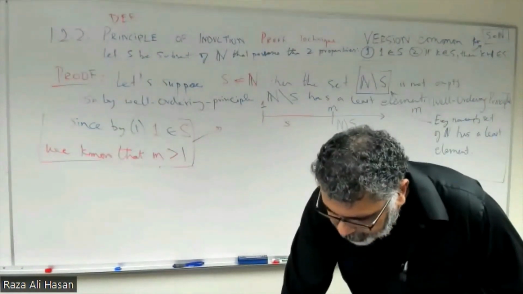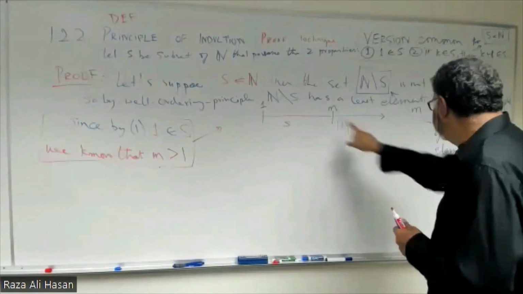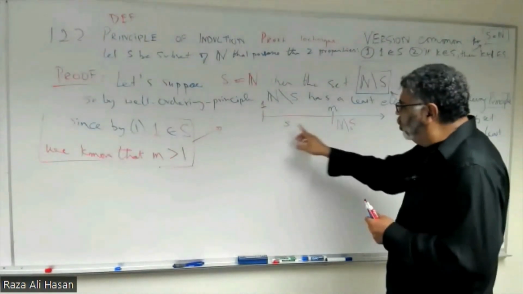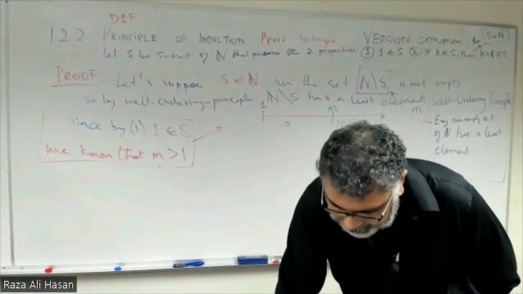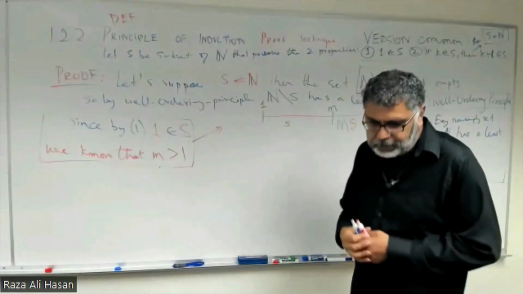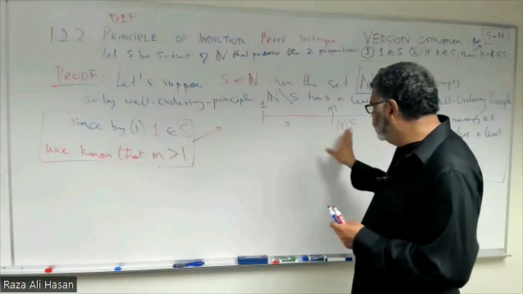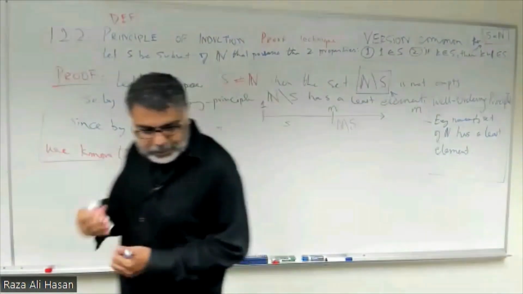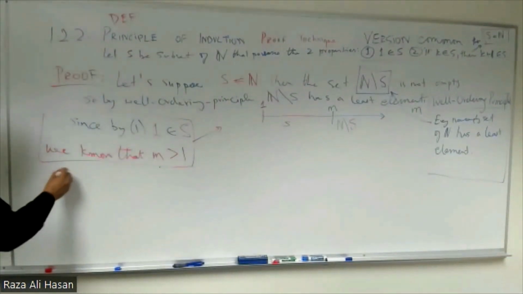So right now we know that M is the least element and it should be here. We put the 1 in the right place in our diagram, and it says, next thing is,